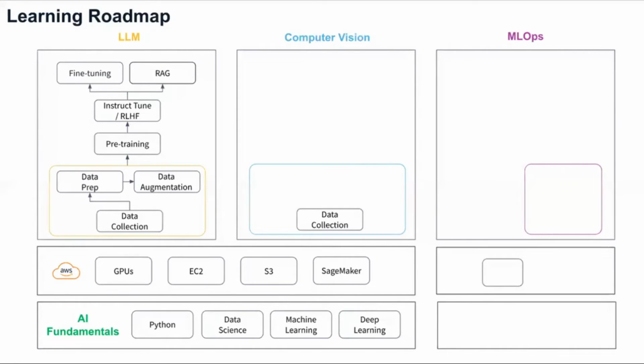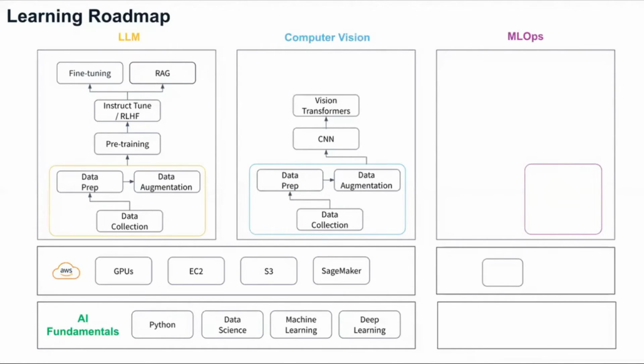But there's Torch Vision, there's TIM. There are different libraries, right? Data collection, data preparation, image data augmentation. Also, how to use generative models to generate synthetic data is important. And then you still need to learn the basics of CNN, which is convolutional neural network, and different architecture, right? Definitely learn something about generative models and vision transformers, and then apply that for object detection, segmentation, and different downstream